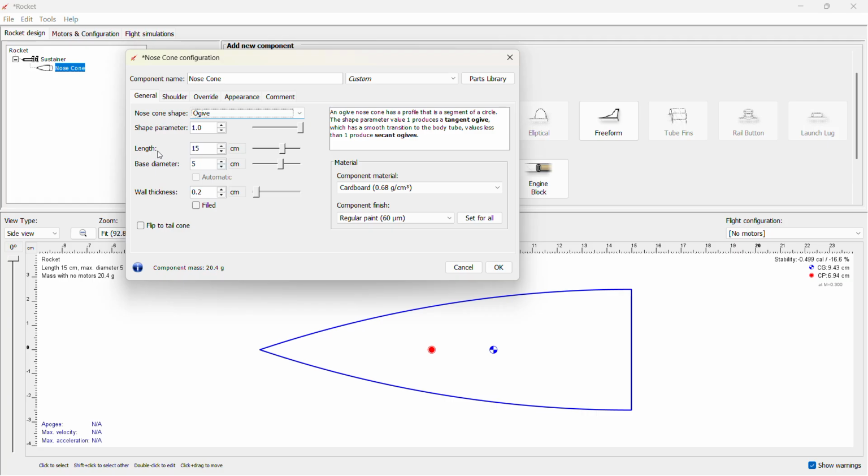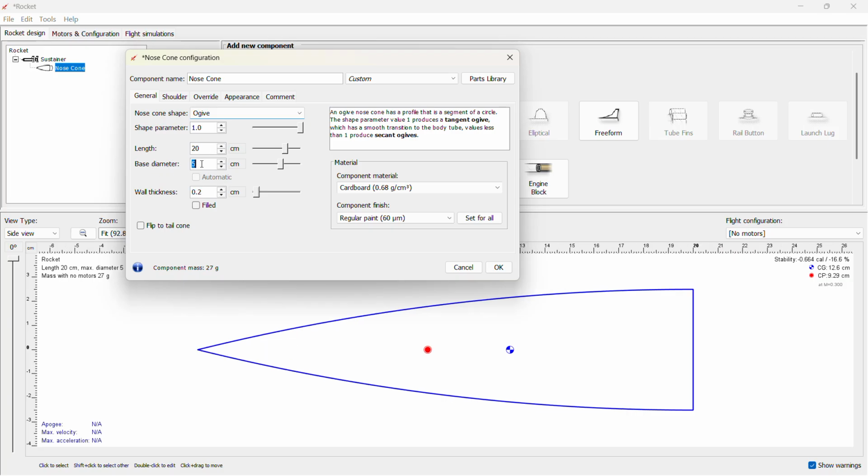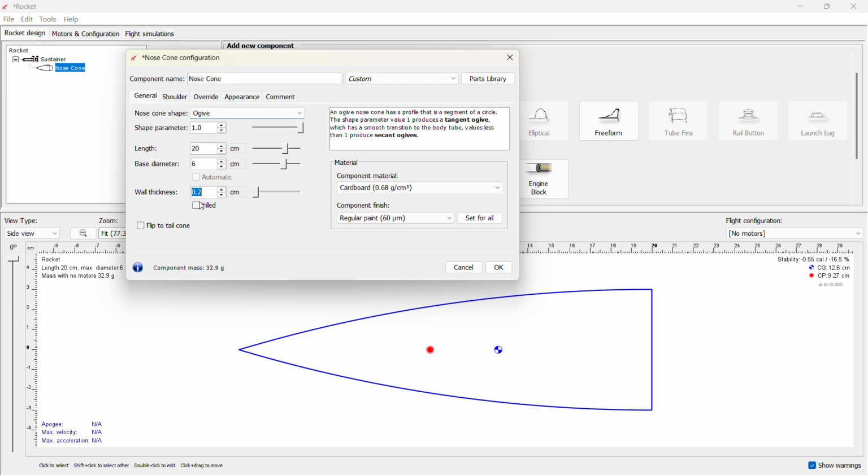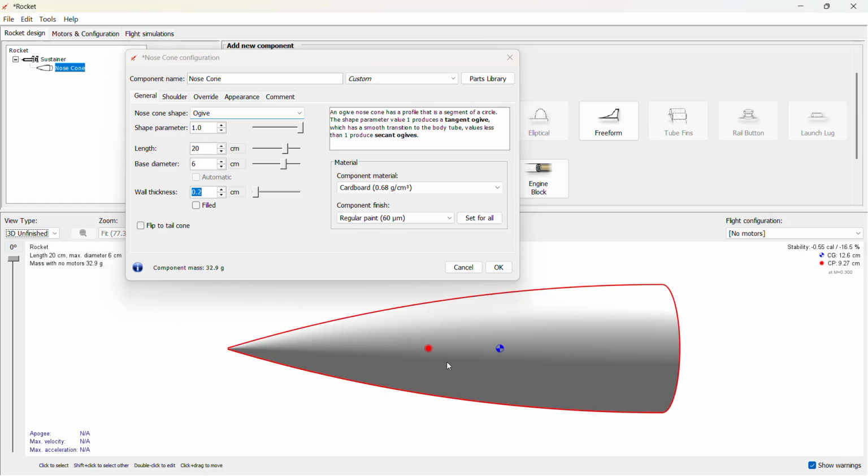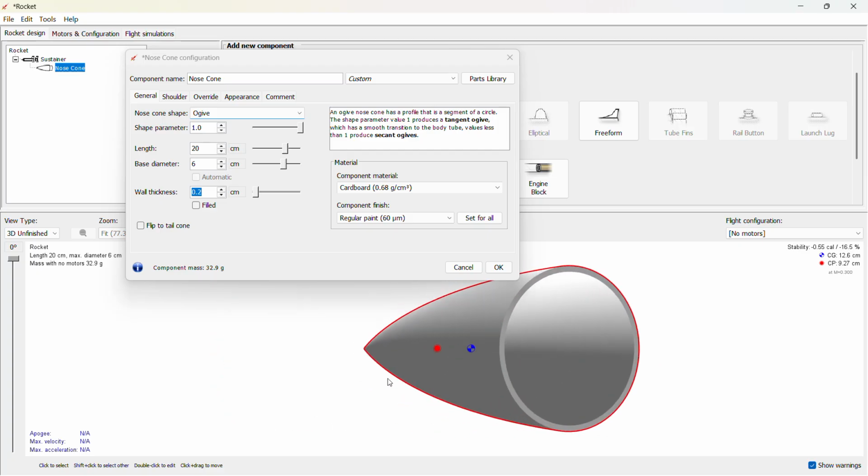You can take the length of your own choice, like 15 centimeter, but I prefer 20 centimeter. Okay, then after base diameter, I choose the base diameter of approximately 6 centimeter. Then after, the wall thickness is going to be 0.2 centimeter. Okay, and you can see here that there is a filled option. What it indicates, let's understand by the 3D view. You can see here that it is our nose cone. When you click on filled, the